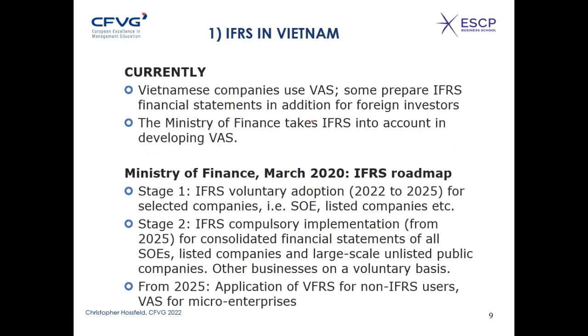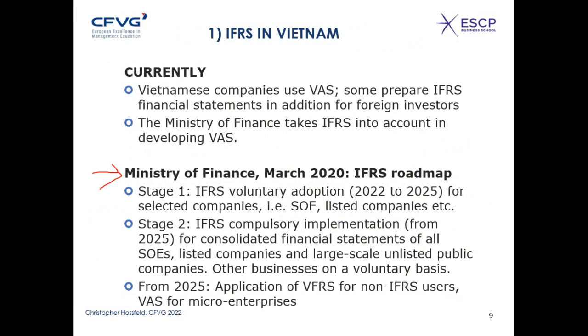And like all countries, including the ones who don't use IFRS, before you issue a new national rule, you check out what IFRS is doing. And if you like the IFRS rule, you just copy that in your national system. If you don't like the IFRS rule, well, then you take something else, and we are good. However, in March of 20, the Vietnamese Ministry of Finance has issued a roadmap for IFRS,